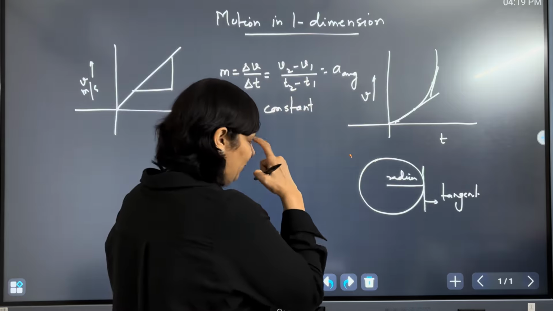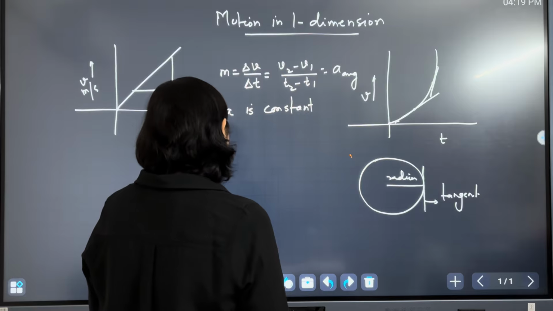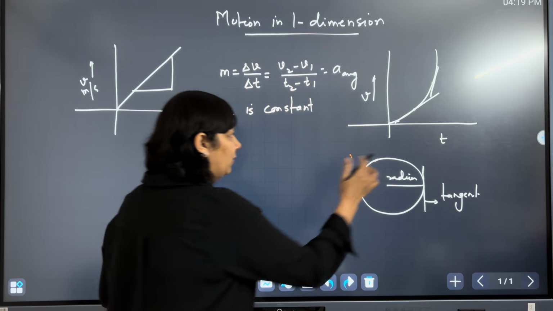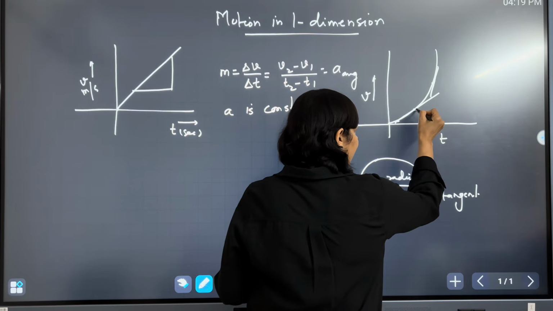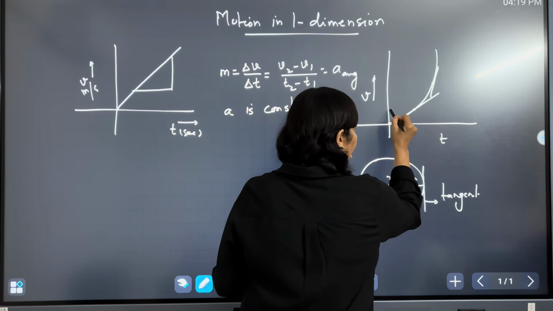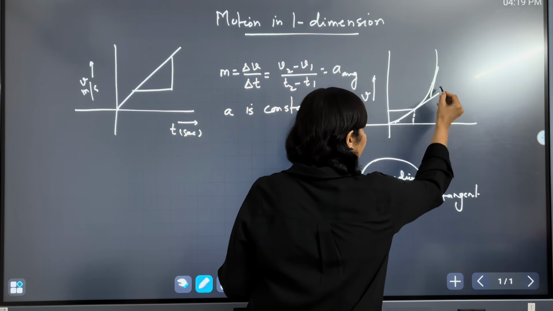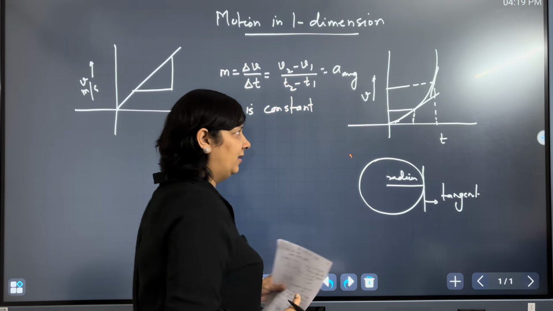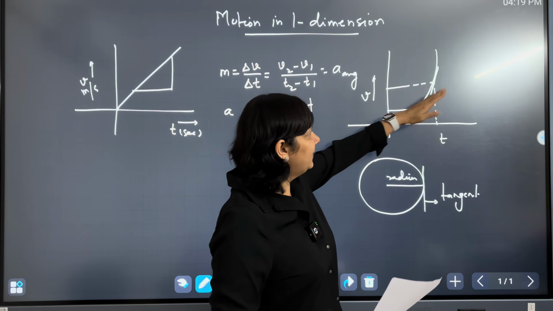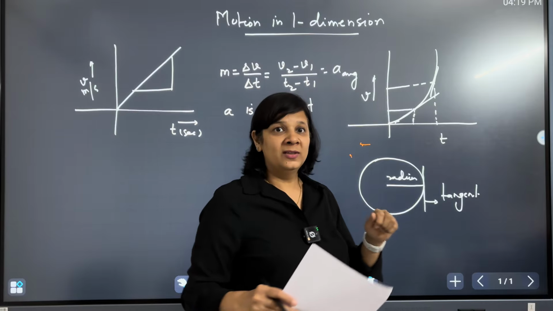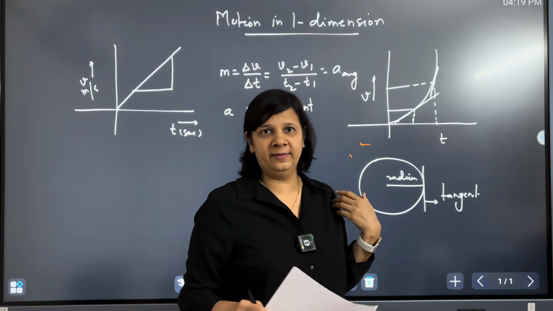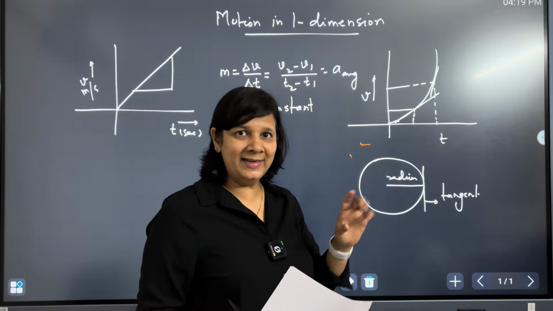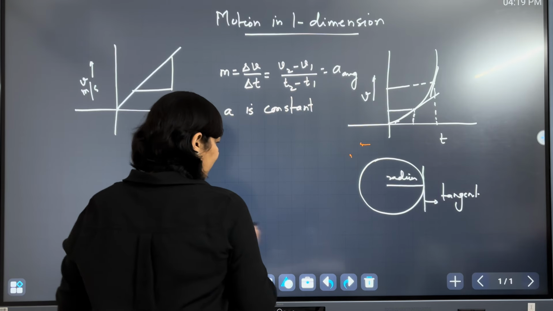Now, I'm going to tell you one more very important point. For example, okay, so I hope this is clear, okay? This is the tangent at this point, and this is a tangent at this point. So this is different. So here the slope is less, at this point the slope is increased. So acceleration of an object is increasing, right? So the object is accelerating and the acceleration is not constant, it is changing.